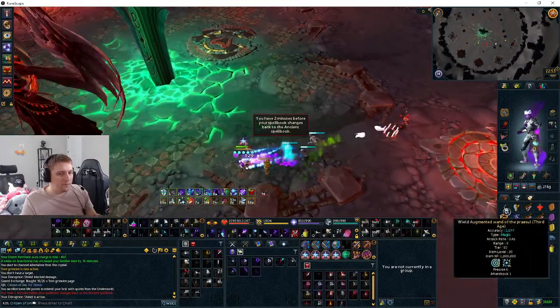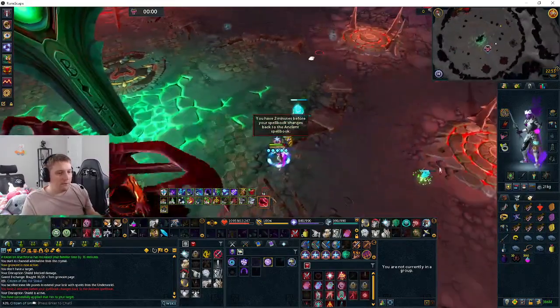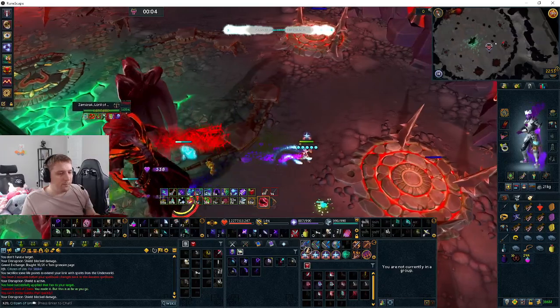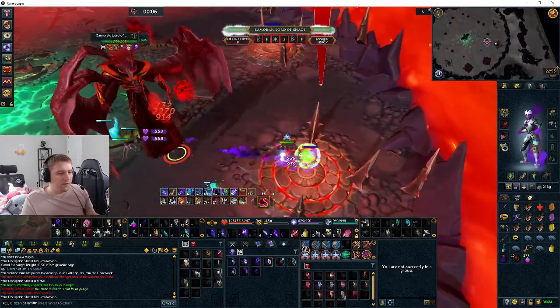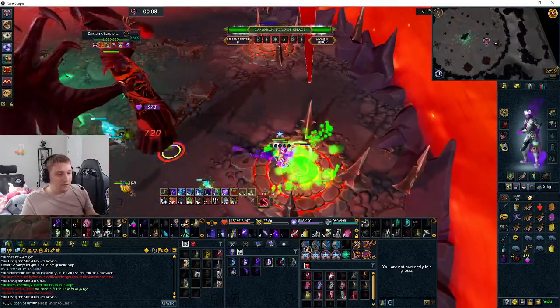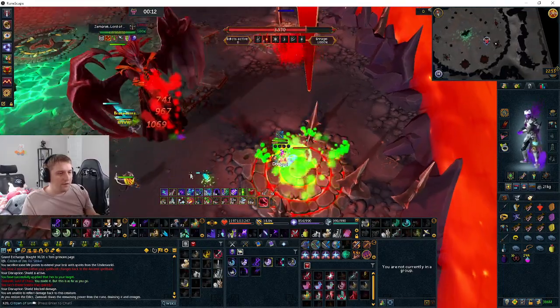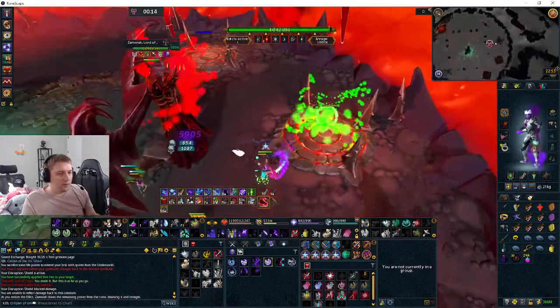Split Soul, Disruption Shield, Smoke Cloud, Death Skulls, Bloat, Tier 95 Special, Mage Prayer, back to Soul Split, get the volley off with the Soul Split, and just, you know, switch a little bit, command that skeleton, Range Prayer, back to Soul Split, Tier